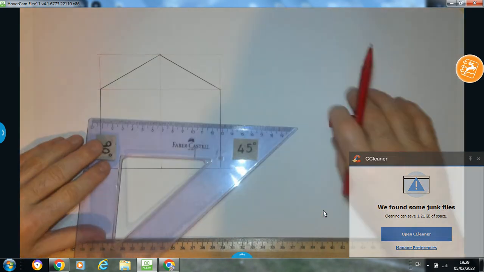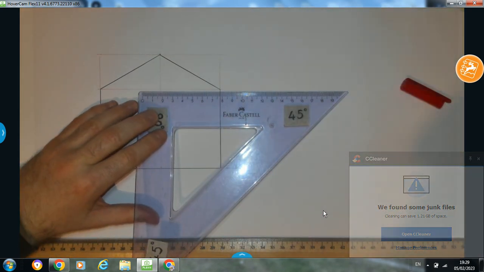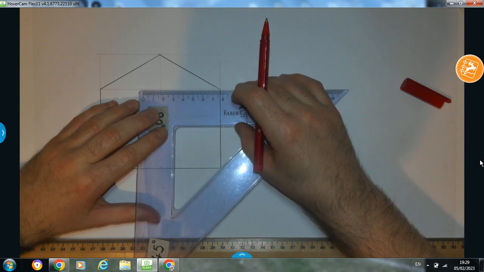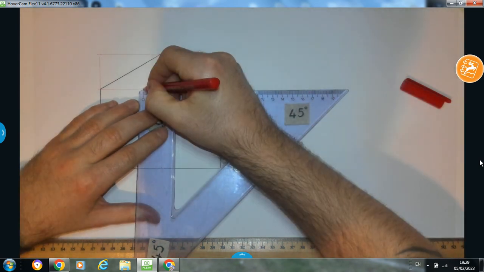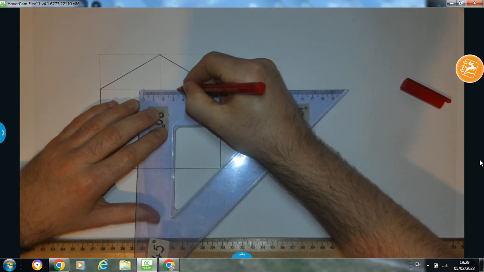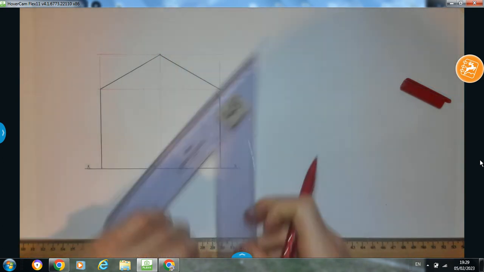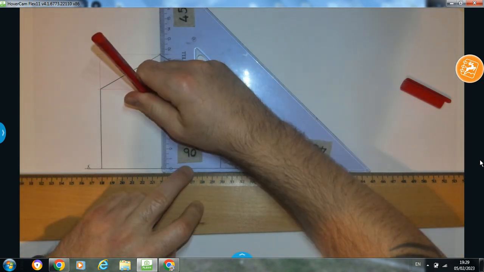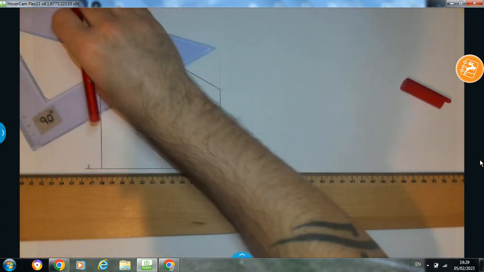So from this point in here in the middle, I'm going to measure 17 to the right and 17 to the left. So 17 to the left and 17 to the right. And while I'm at it, I'm also going to measure up a height of 60 millimeters. In that height,